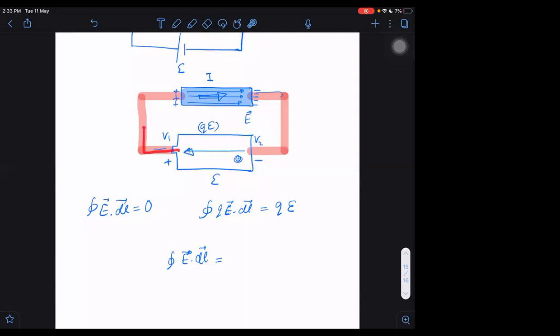But when the charge goes outside around the closed loop, the kinetic energy would be increasing. Yes. But the kinetic energy is not increasing that much. Why is it not increasing that much? Because of the resistance. There are a large number of collisions. So the particles are accelerating, but only for a very small amount of time. Electrons are accelerating for a very small amount of time.